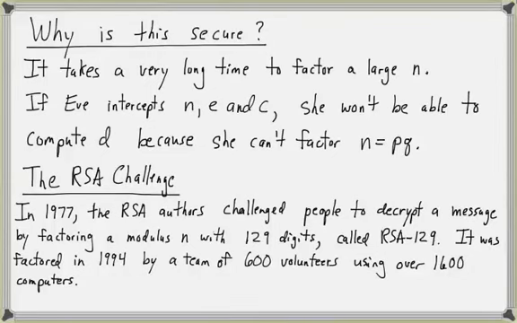So even with improved computing power, the RSA algorithm is still secure because it takes such a long time, even using the best techniques and the best computing power that we have today. It takes such a long time to factor the modulus n, and that's the only way, feasibly, that you can find the decryption exponent d.